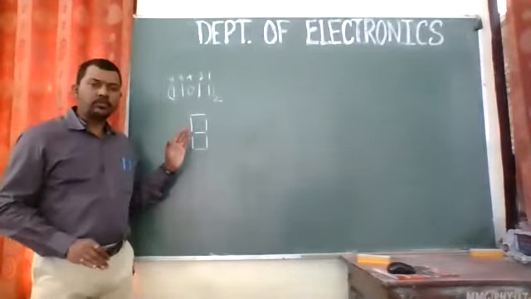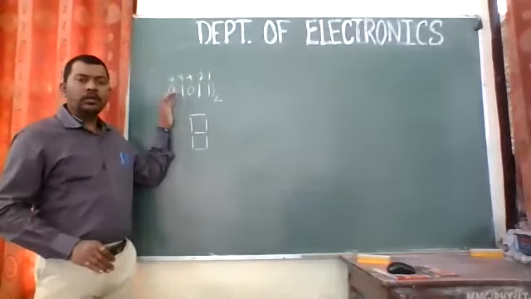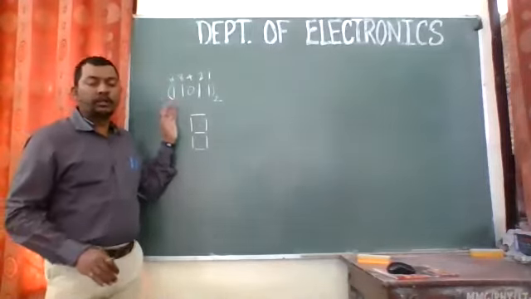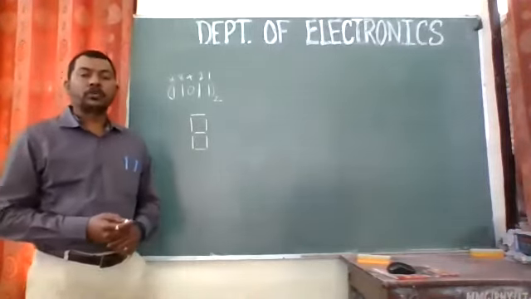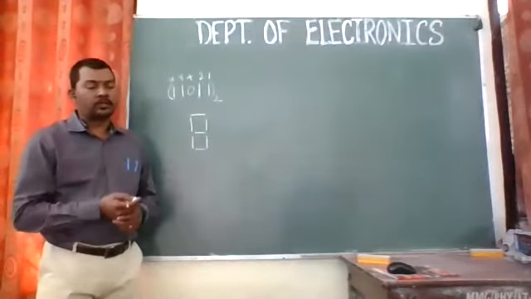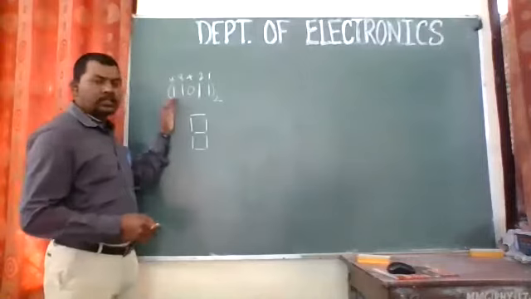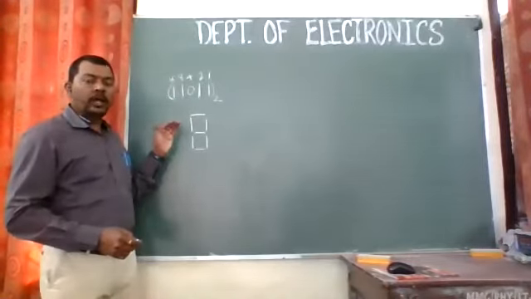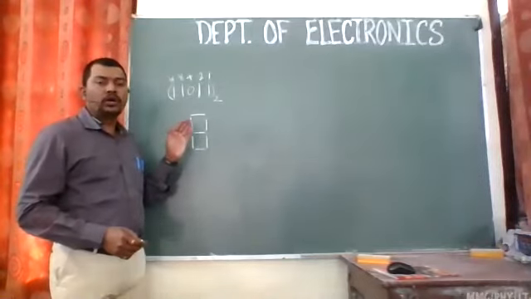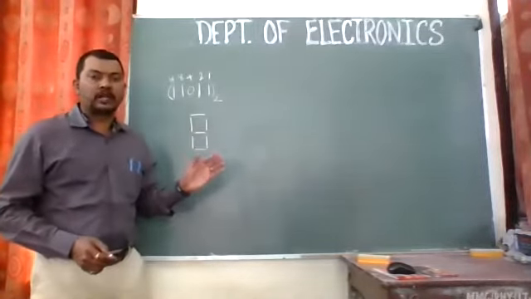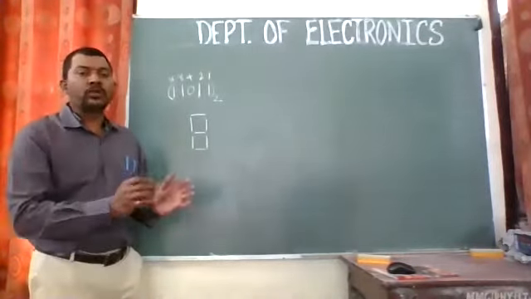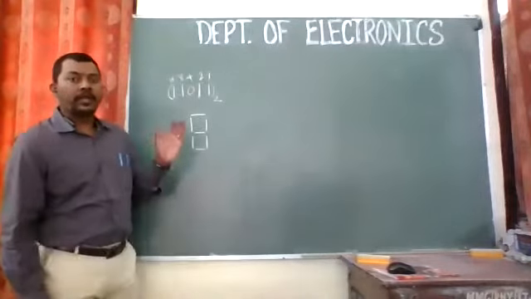But if a binary number is given to a layman, it is impossible for him to conclude what the value of that number is. So what we do, we convert this number to a particular format, and then we put it on this 7 segment display so that it will give you a human readable, human understandable format of that particular binary number. That particular code is called the 8421 code.